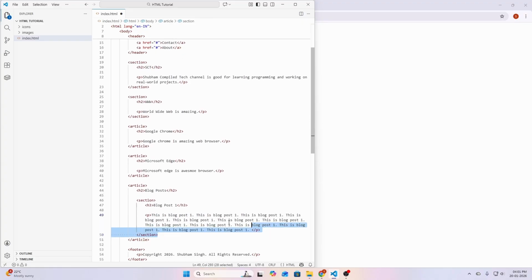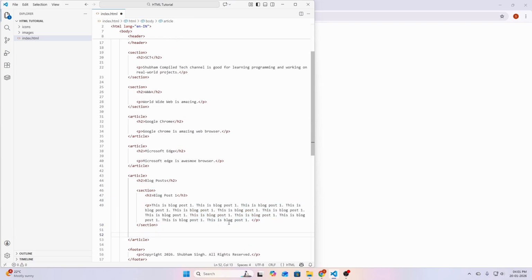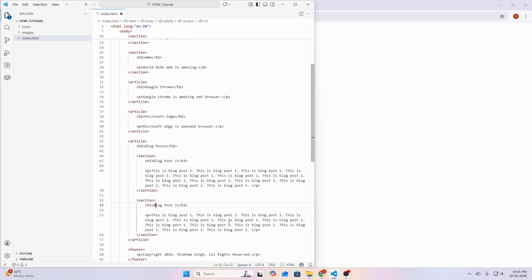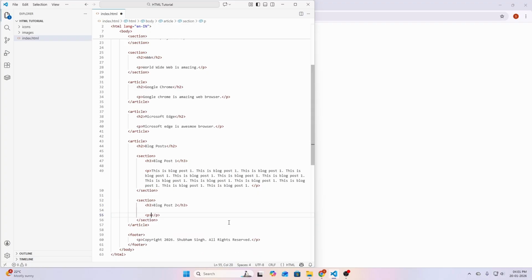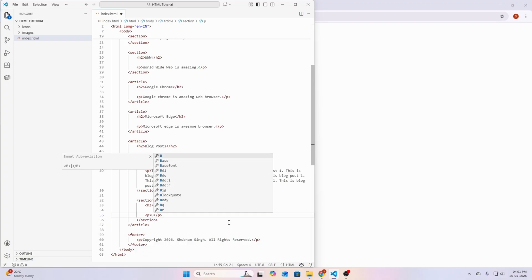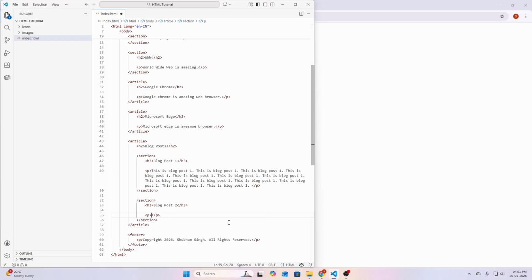Then let's copy the whole section and write another section inside the article tag, name it Blog Post 2, and replace the content. Let's just say this is blog post 2, and copy it a few times to make